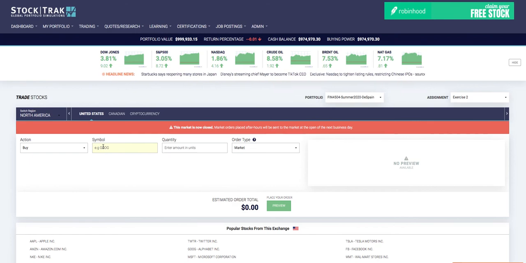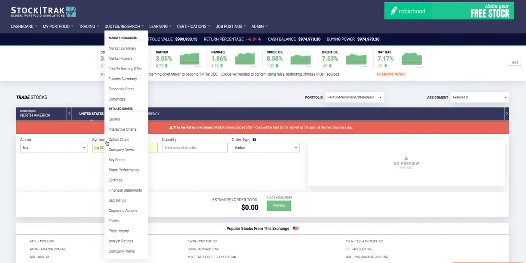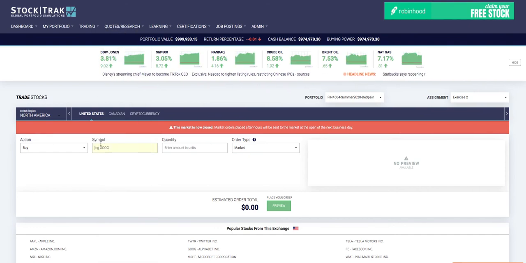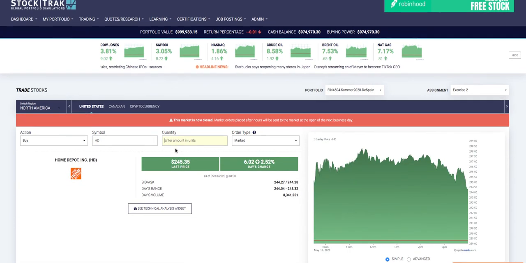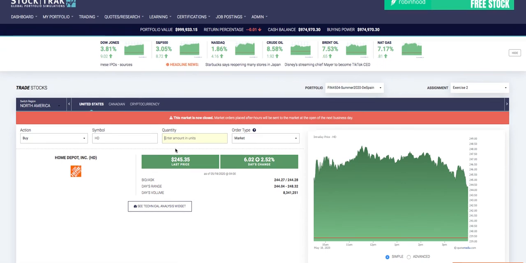You can get the ticker symbols by Google search or Yahoo Finance search. You can search the quotes, research screens up here as well. Or the simplest way is just to type in the company name, and it typically gets you what you need here. So CHD is the ticker symbol, and as far as quantity goes, I know I want to spend about